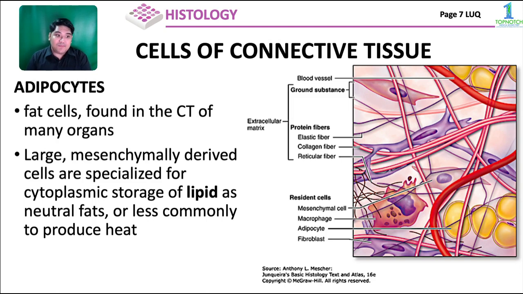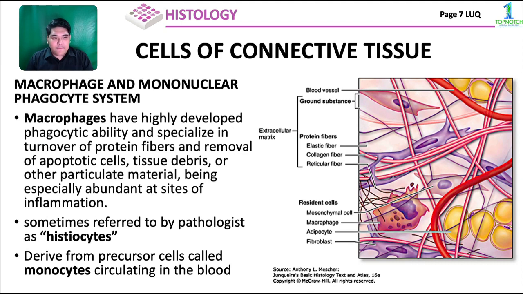Now, of course, there are adipocytes, fat cells. They are also seen in connective tissue, and they are also mesenchymally derived. And they are specialized for what? Of course, storage of lipid. And later on, when we discuss adipose tissue, a specialized type of connective tissue, you will learn that one of its functions is producing heat. Okay? Now,